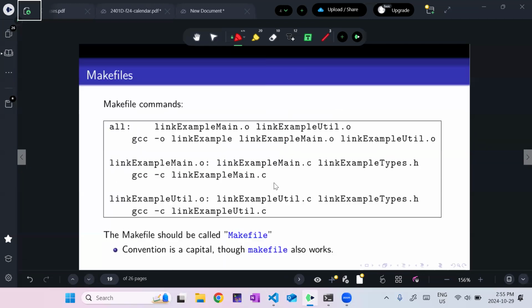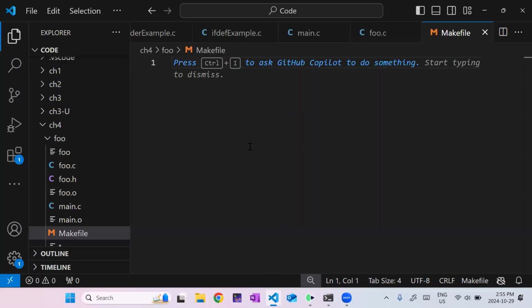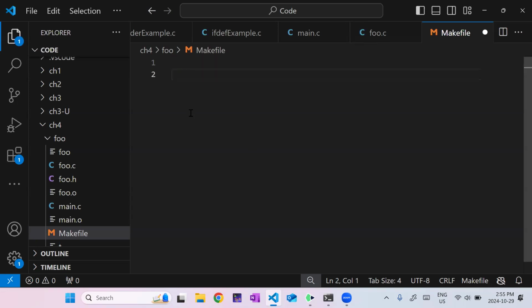And it's something like this, but let's make a rather simple one for our purposes. So I want to make foo, that's my command. So foo: and then I'm going to list the dependencies. And the dependencies mean, well, what are the files that, if they've changed, I should recompile this?